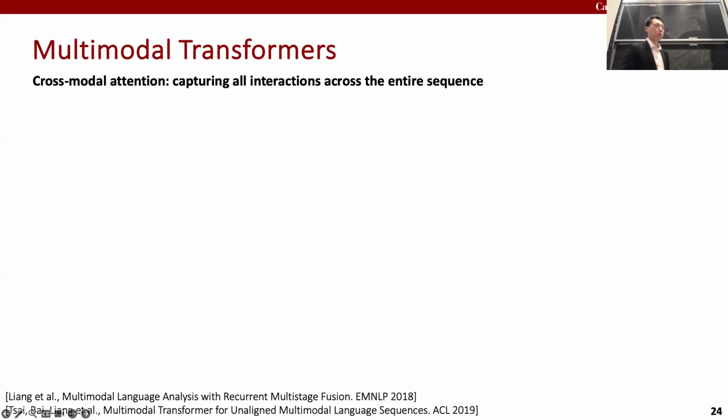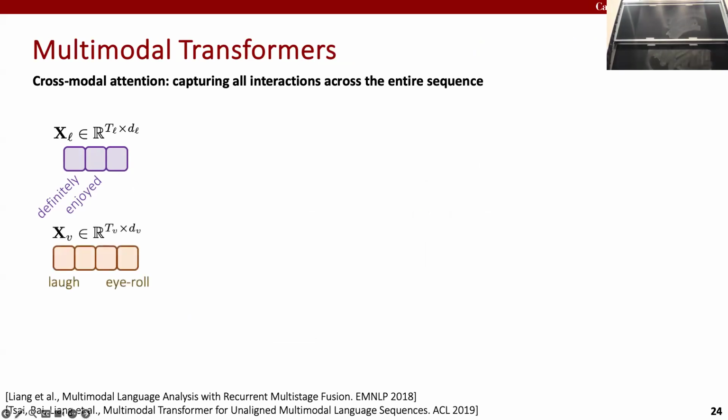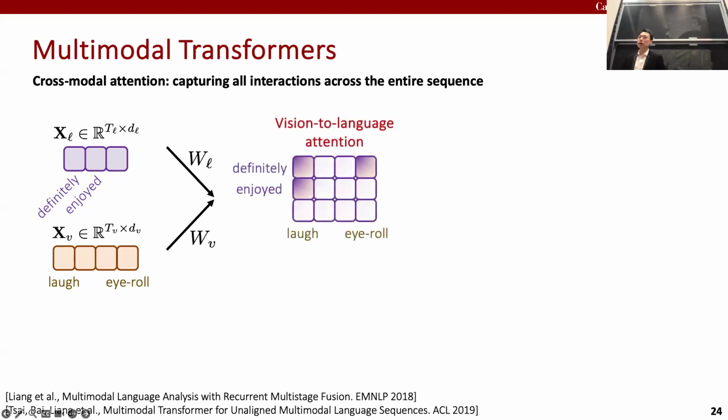So first up, multimodal transformers. In this setting, as we mentioned, you have multiple elements across time. You have a first modality, such as 3 words across time, and multiple gestures across time, 4 gestures across time. And the key idea of these multimodal transformers is to learn this cross-modal attention matrix. In this case, it will be 3 by 4, telling me how every one of my 3 words should interact with every one of my 4 nonverbal gestures.